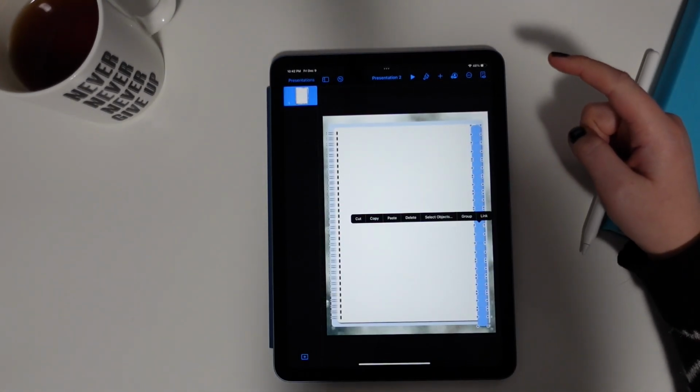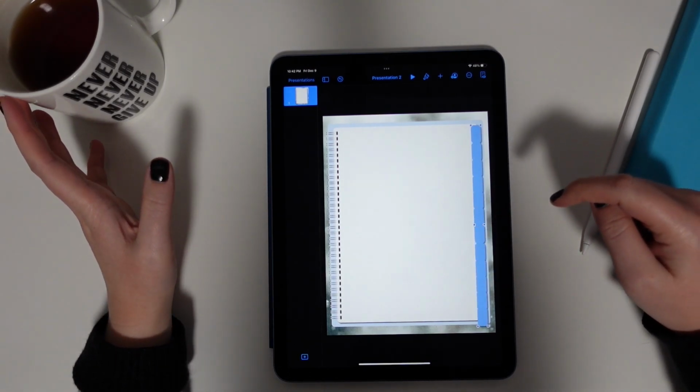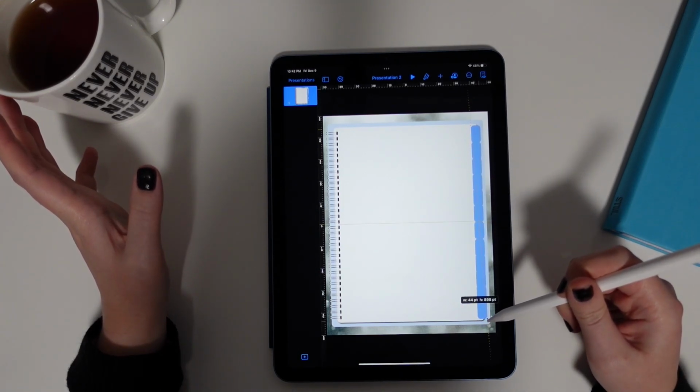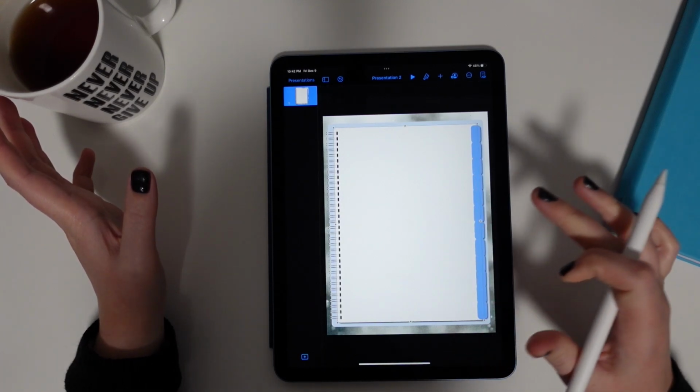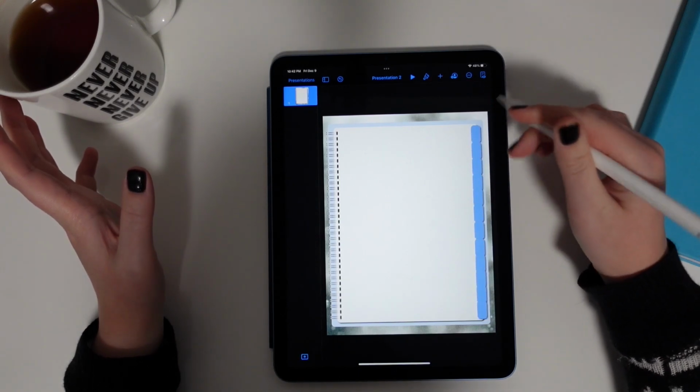Be careful to not select the page. There we go. And then see this bar that pops up. We're just going to click group, and now this becomes one thing. So we can now just shrink it up a little bit so that it all fits on one page. And then to ungroup it, we can just click on it again and click ungroup, and this will allow us